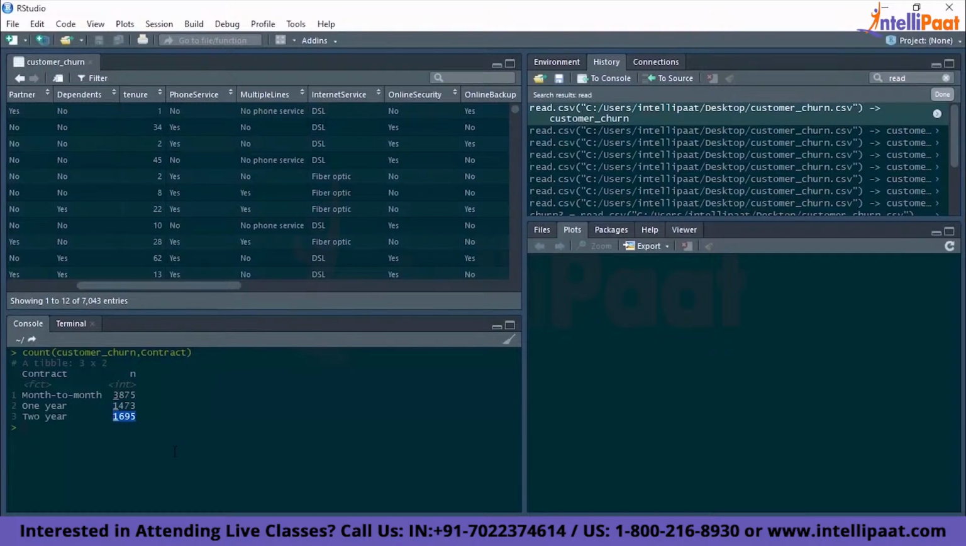Now similarly, if you wanted to find out how many customers had subscribed for paperless billing and how many did not, all you have to do is count, give the name of the dataset, and then give the name of the column, which is paperless billing. Right. So there are 4171 customers who have opted for paperless billing, and the rest of them have not opted for paperless billing. Right, so this is how we can work with sample and sample frac,